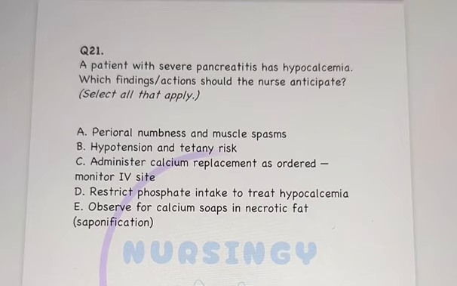Select all that apply. We know why we have